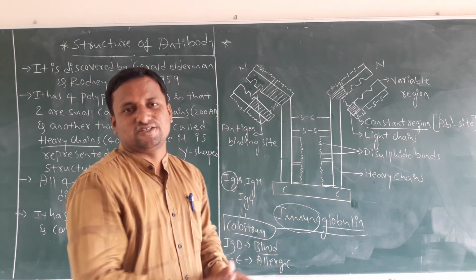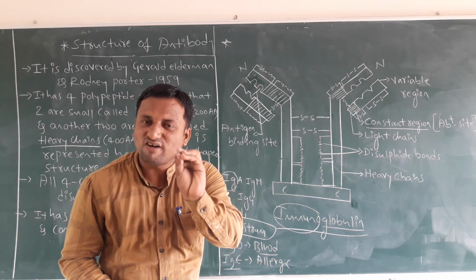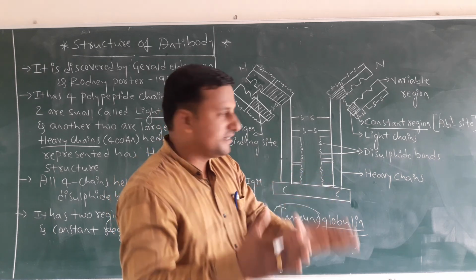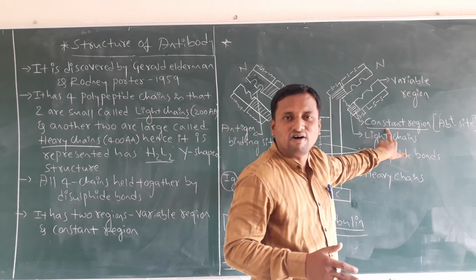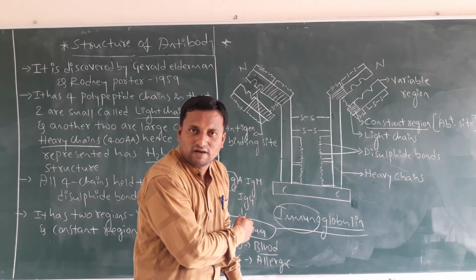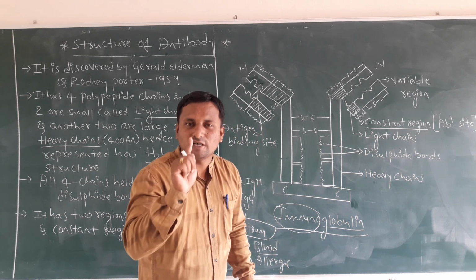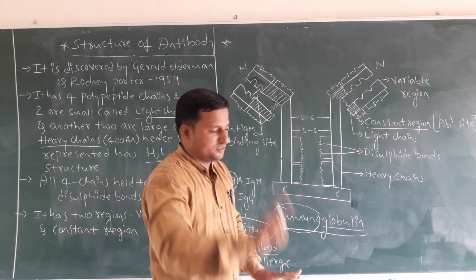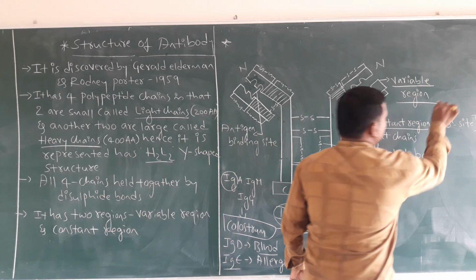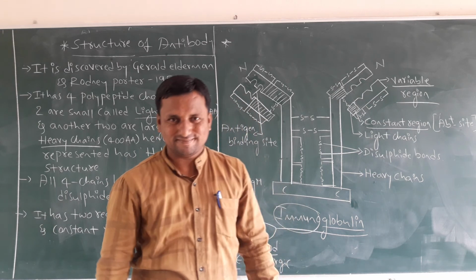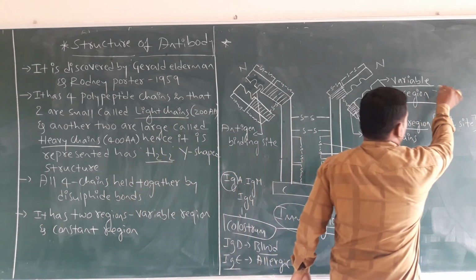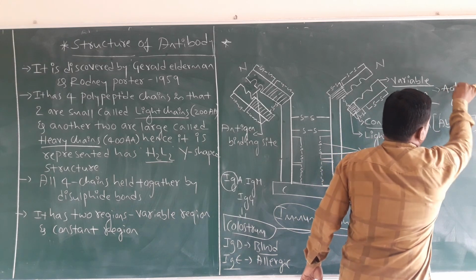Like this, dear students, there are 5 types of antibody molecules. Those are present in the structure of the antibody in the region of the constant region. You must concentrate on this point. What are those? All types of the antibody molecules. Then comes another region, which is called the variable region. This variable region is responsible for the antigen binding site.